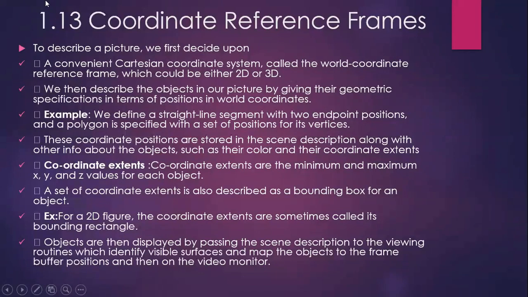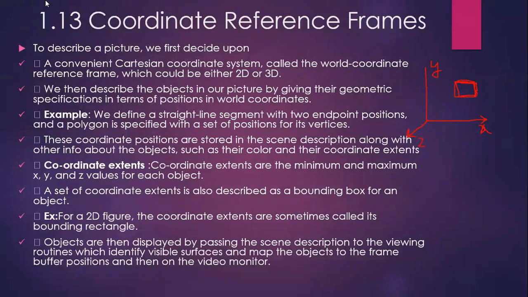So that means whenever you want to draw any picture, either in 2D form or 3D, when you say 2D, you will have two axes, that is the x axis and y axis. Suppose you are representing an object in 3D, then you will have a z axis as well. So to describe any object, maybe a square, suppose you want to draw an object on the screen.